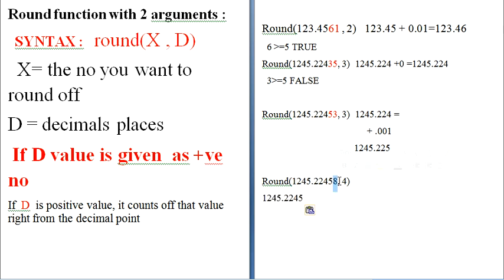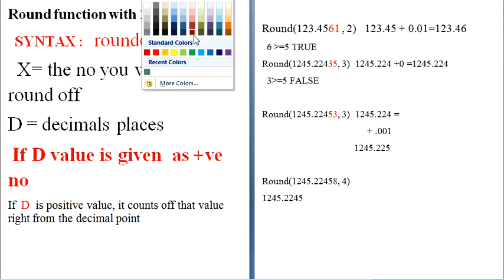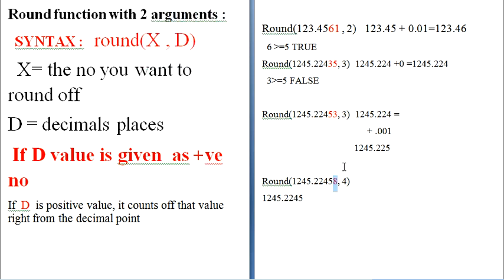So what has to be removed? What is excess in this? Only 8 is excess. So that we need to check over here. 8 greater than or equal to 5. True, right? So what we have to do is add 1 to its precedence.